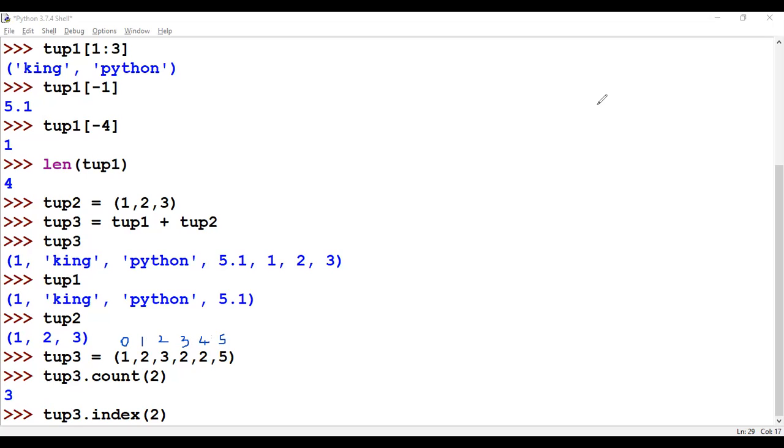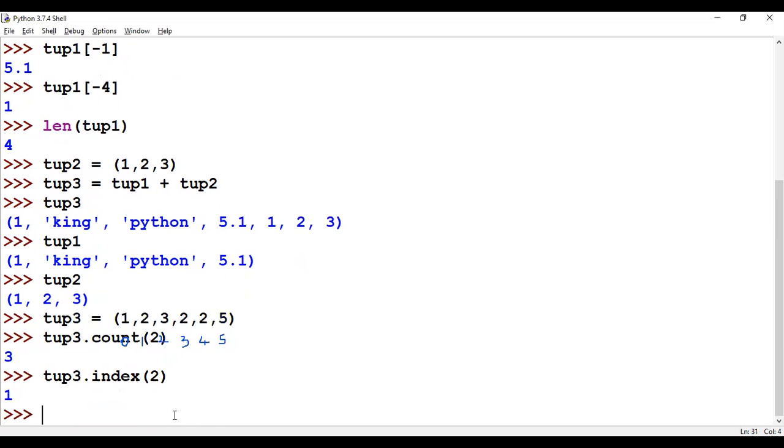The compiler got surprised. What to do? It is actually very simple. If the element 2 is present many times, the first instance of the element alone will get printed, right? So what is actually the first instance of 2? Index 1. So I'll get the index 1. If it is present in any other index, that is missed out. Why? Because the first time I encounter 2, that is the case I was interested in alone, right? This is with respect to the index method of tuple. Right now you are clear with how the index method works in tuple.